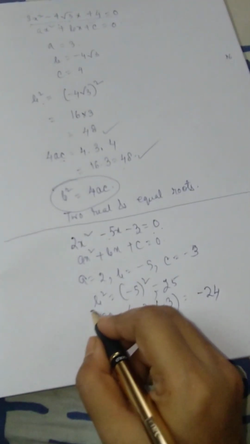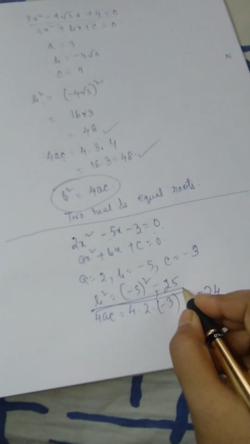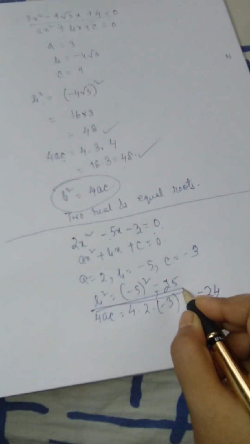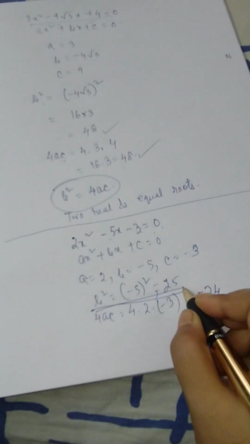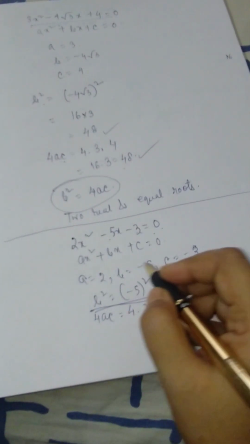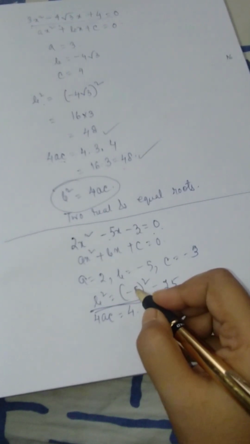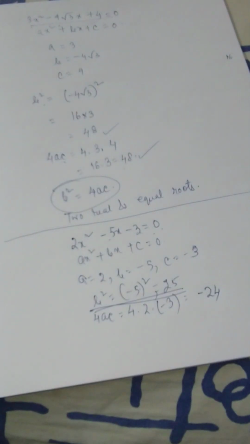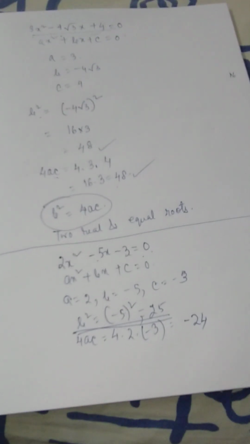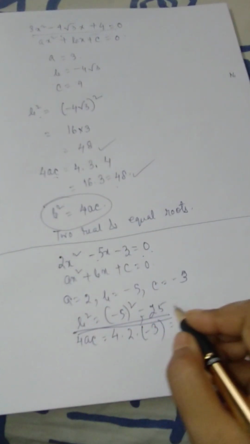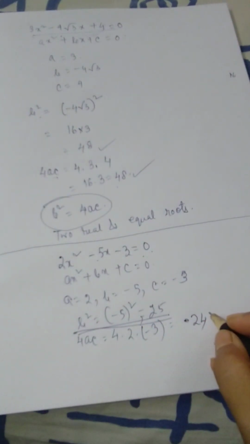So here you can see that b square, that is minus 5 square, that is 25, is